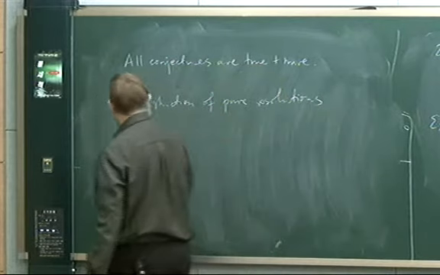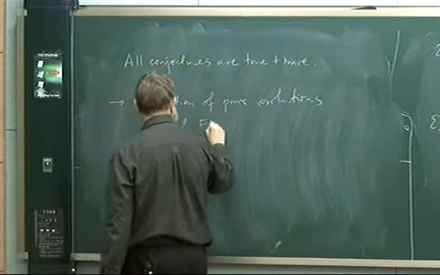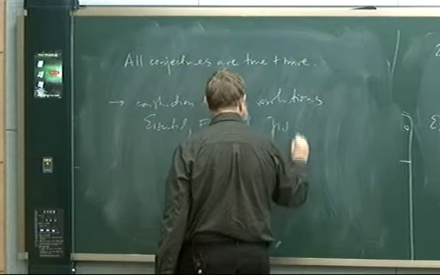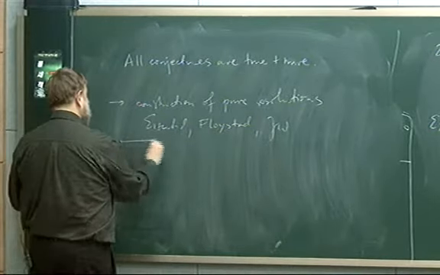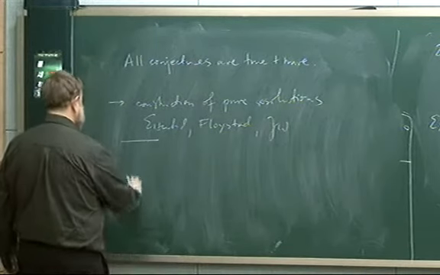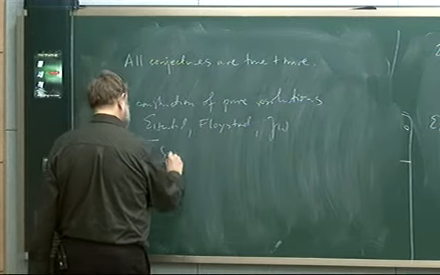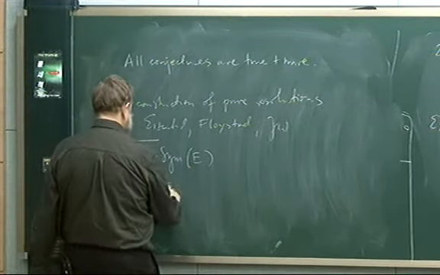This was done in the paper of Eisenbud, Floystad, and myself. And the remarkable thing about this is the following: in characteristic 0, if you take A to be the symmetric algebra of a vector space, E is our C^n,